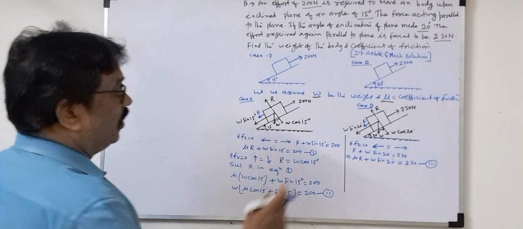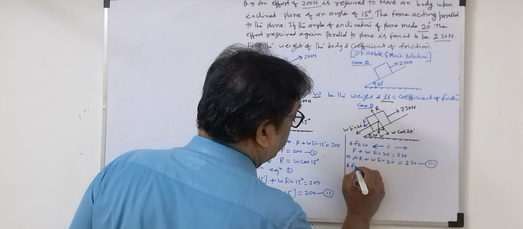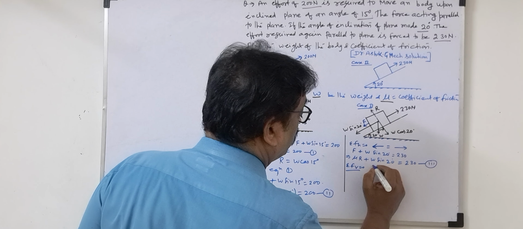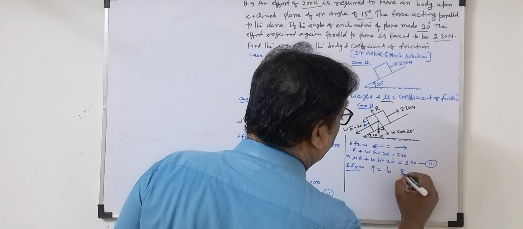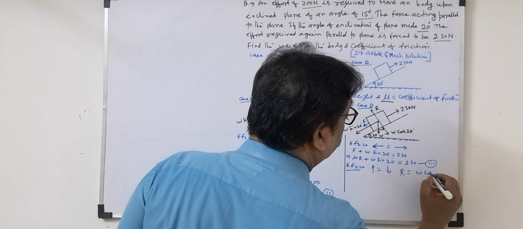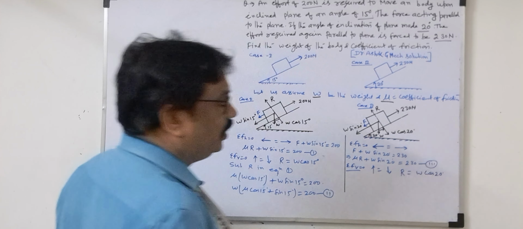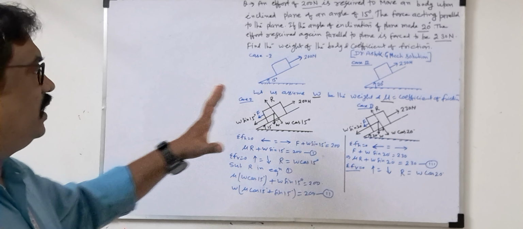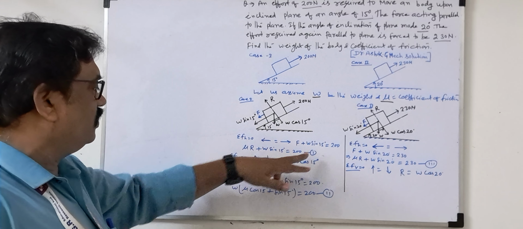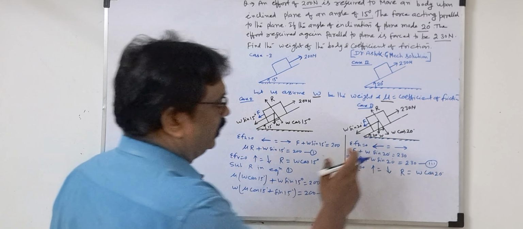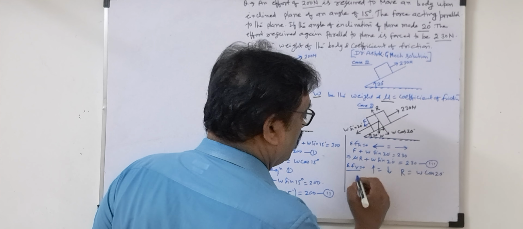Now apply another equilibrium equation. Total upward force equals total downward force. What is there? R is equal to W cos 20. If friction, it is a simple inclination force problem you solved; everywhere the same concept will be there. Both equilibrium equations. Now substitute R